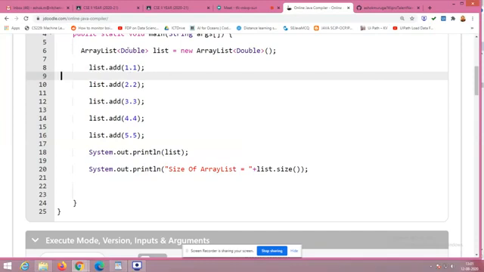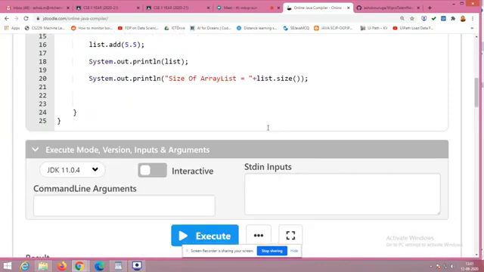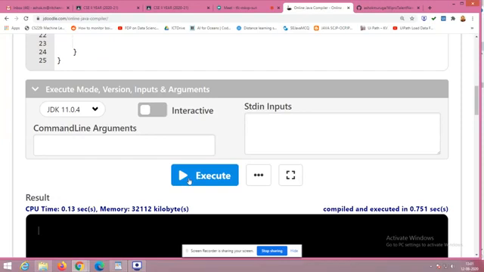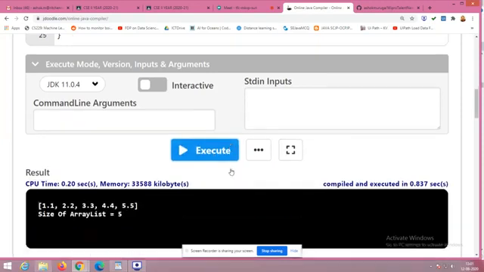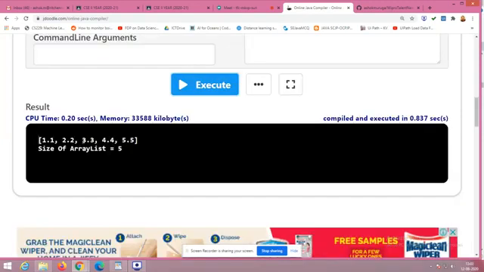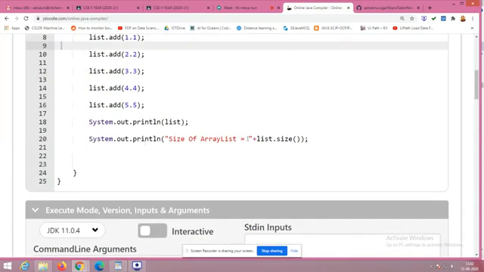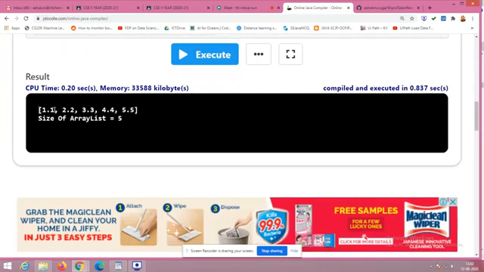If it is a string, if you are going to create a string array list, what you have to do? You have to insert using double quotes. Add of double quotes. Within double quotes, you have to give the string. That's the thing. Right now, what would be the output? If you execute, I will get all the elements in the list, right? So if I print the list object, automatically it will print all the elements.